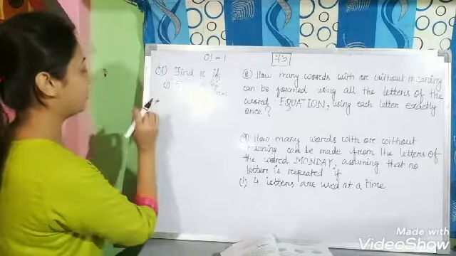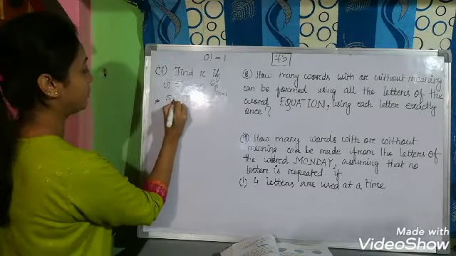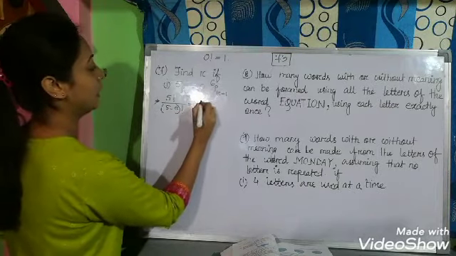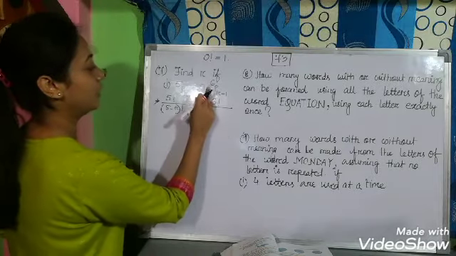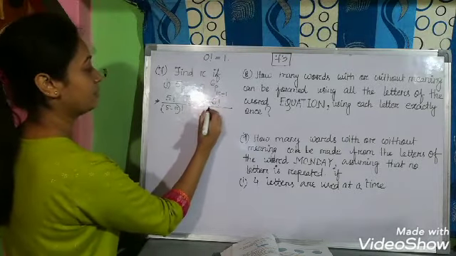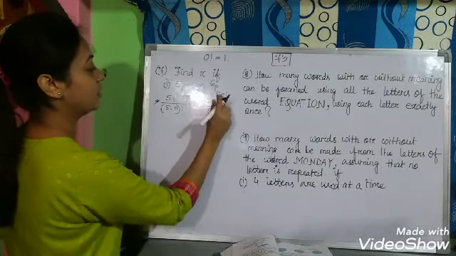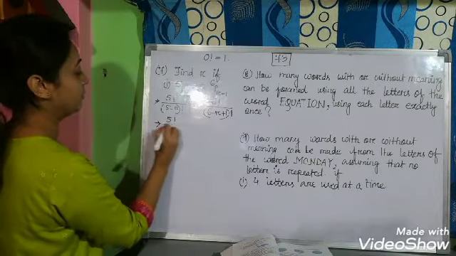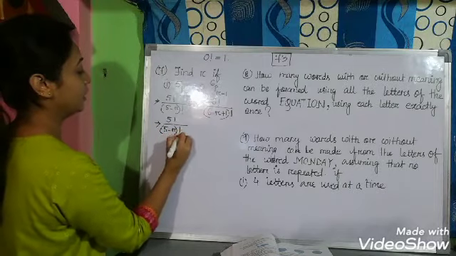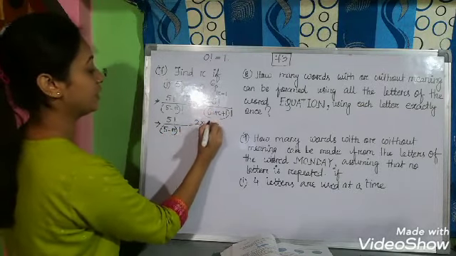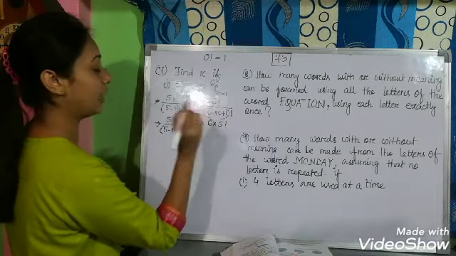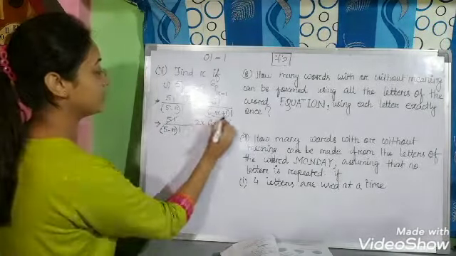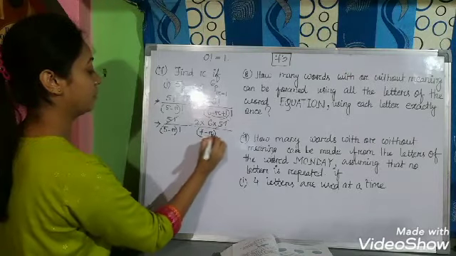Okay, so 5Pr, apply the formula for permutation, you will get 5 factorial divided by (5 minus r) factorial. This is equal to 2 multiplied by 6 factorial divided by 6 minus (r minus 1), so it will be (6 minus r plus 1) whole factorial. This implies 5 factorial divided by (5 minus r) factorial equals 2 into, now you see, 6 factorial can be written as 6 into 5 factorial. We will write up to this so that 5 factorial gets cancelled, divided by 6 plus 1 is 7, (7 minus r) factorial.